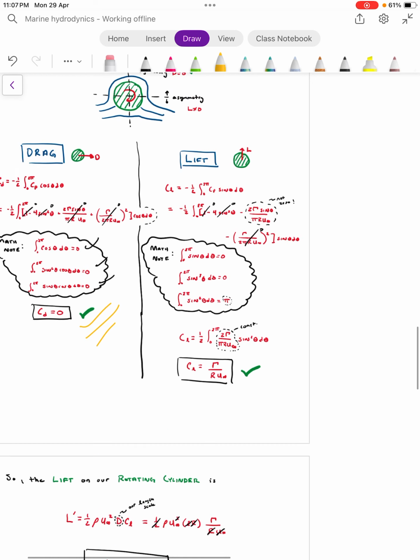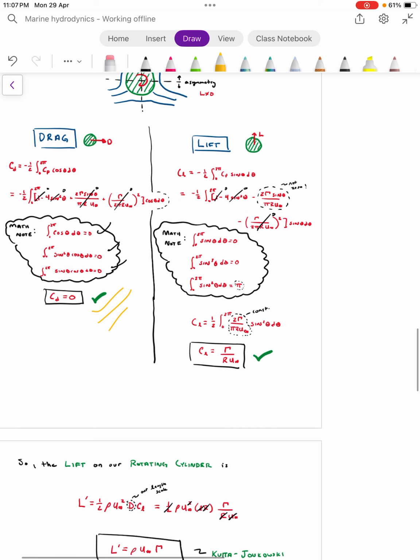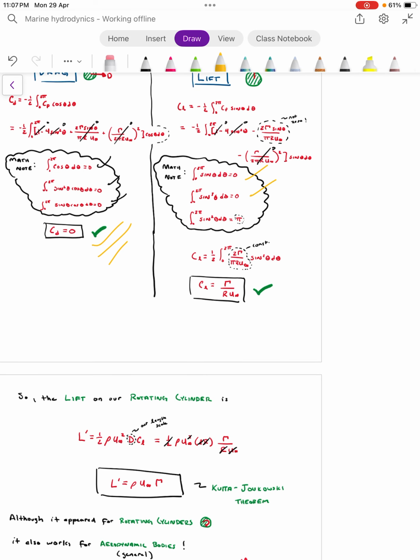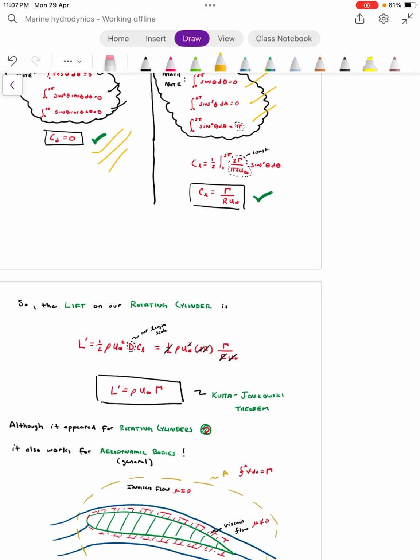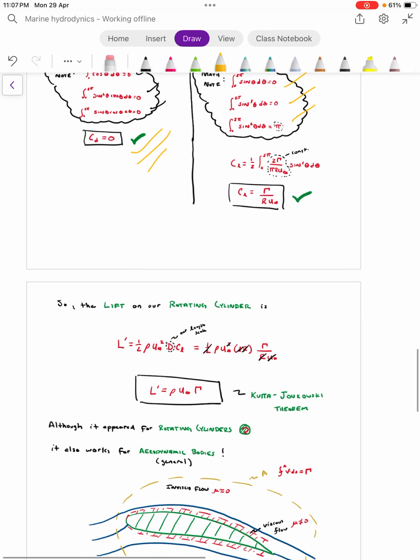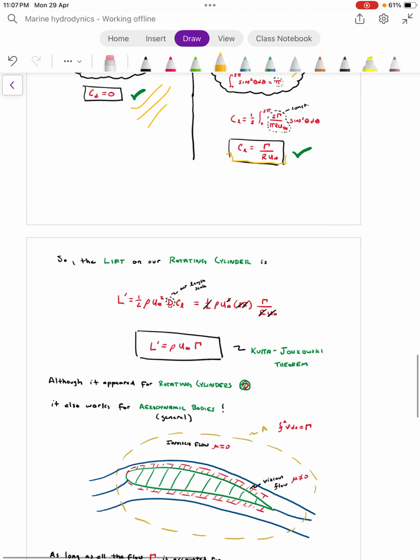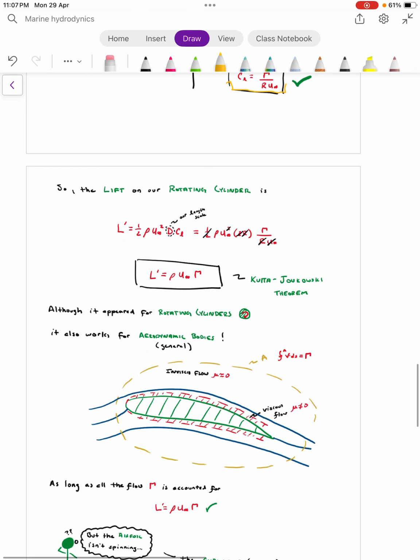And here we will calculate the lift. CL equals negative half, integral from 0 to 2π of CP sin θ dθ. We will put in the value of CP and simplify it again, and using these three expressions we will get CL equals half, integral from 0 to 2π of circulation by π r U infinity, sin squared θ dθ. We will get the expression for CL, which is circulation by r U infinity. So finally we get CL.